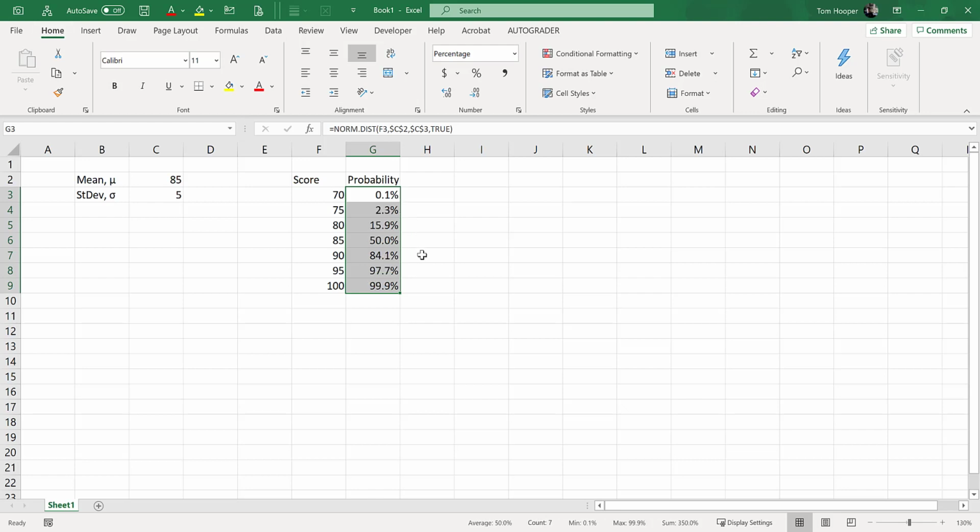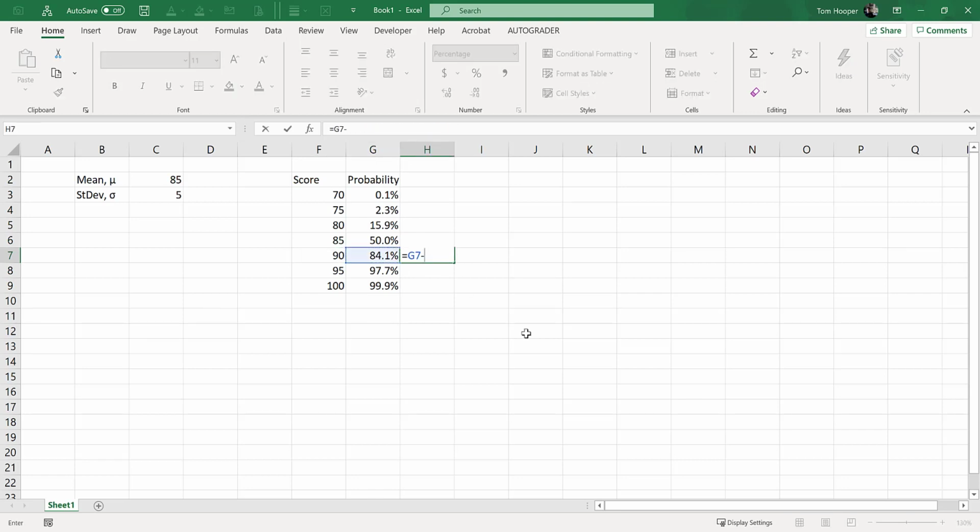And what we see is the chance of being less than a 90 is about 84%, but the chance of being less than a 90 minus the chance of being less than an 80 is 68. So that's where we get that confidence of being within one standard deviation. We would be 68% confident that we would be within one standard deviation of the mean. And if we wanted to do the same thing for 2 standard deviations or 3 standard deviations,